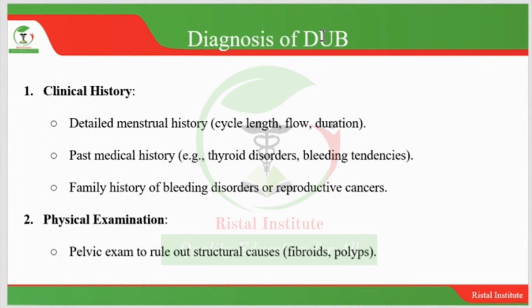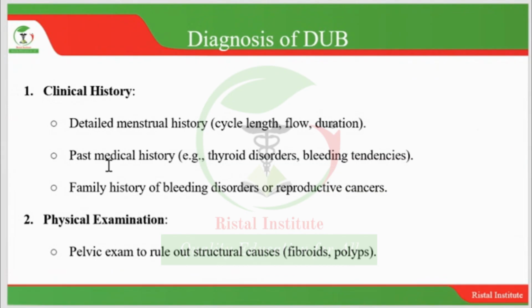Others will tell you 28 days, others will say 30, others will say it depends, others 26, like that. So whatever they tell you, it will help you to judge whether it is the normal cycle or not. Then flow, does the blood come in the normal amount? Is it too little or is it too much? Then the duration, for how long does the person bleed when the bleeding starts?